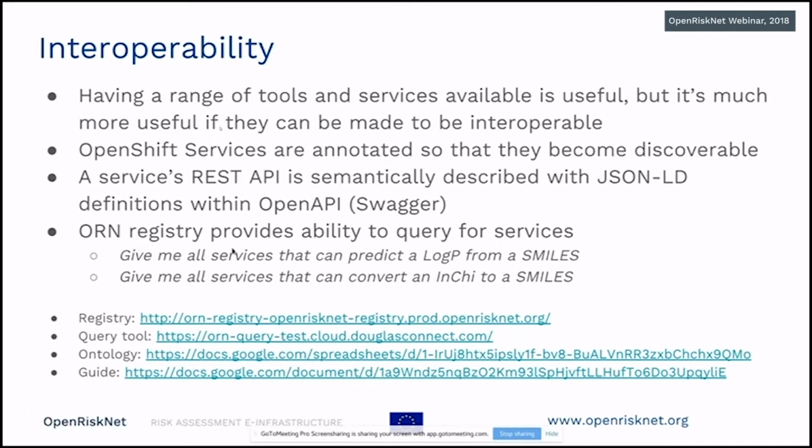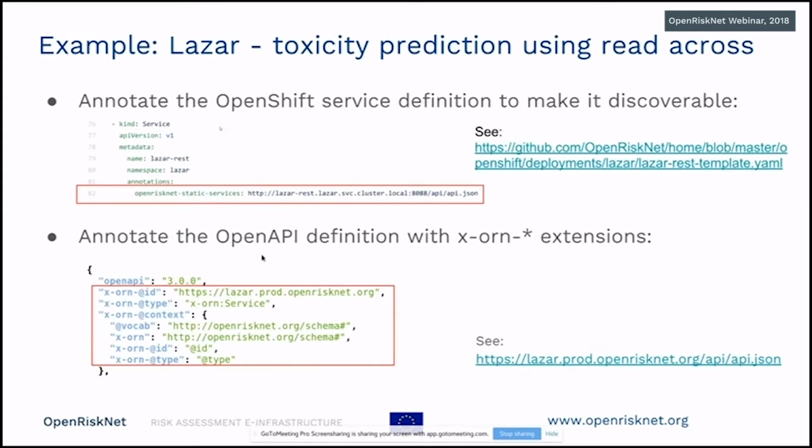But just to give a very simple example, here is one of our partner applications, the Lazar application. That's basically a toxicity prediction tool using read-across techniques. And the first part was to annotate the OpenShift service to make it discoverable. That was the service putting its hand up and saying, I want to be discovered. And to do that is remarkably simple. You just add an annotation to the service definition with this term, OpenRiskNet static services, and the value is the location of the service